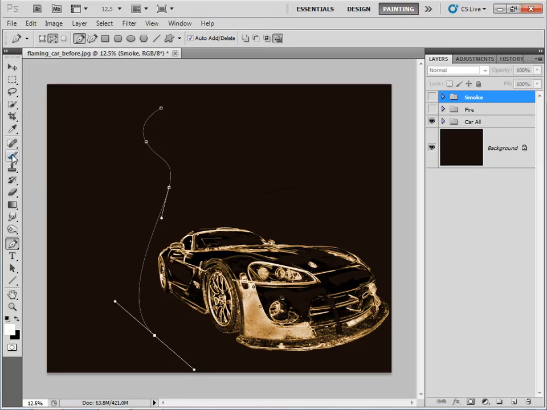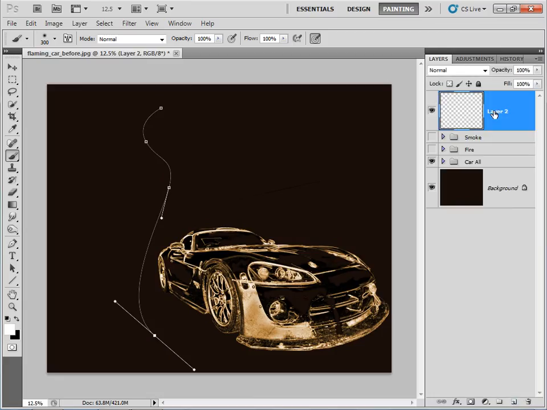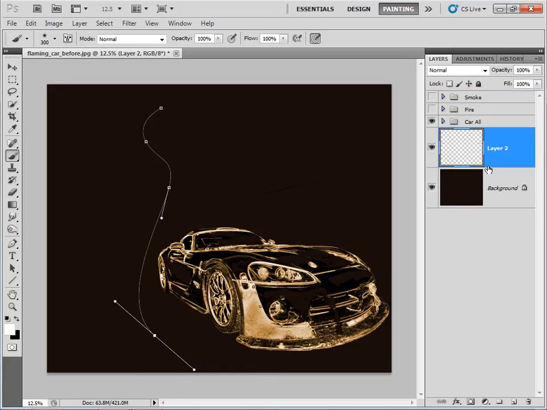Now let's grab the brush tool, and the settings we apply here will be used to stroke our path. So with our brush tool selected, let's just go to our layers panel. We'll click and add a new layer at the top of our stack, and then actually we're going to drag this down behind our car all group here, so it's sitting just above our background layer. Let's double click and call it road, and then with our brush tool selected, let's choose white as our foreground color,